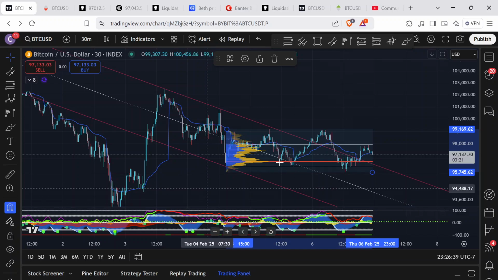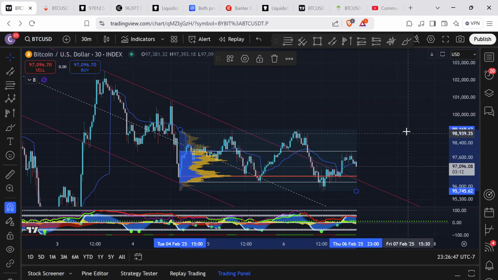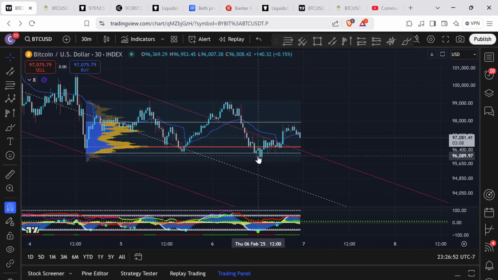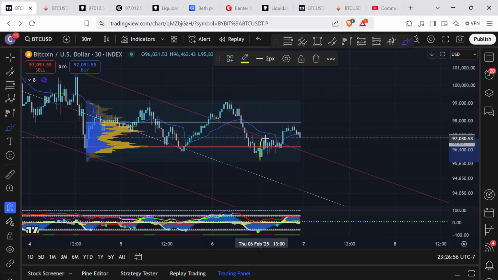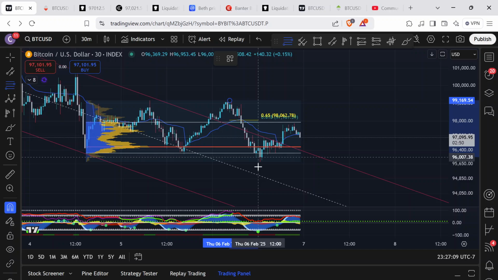but I also, when we dumped and made the low earlier today, we front ran our big golden pocket from this low to this high. I was looking for the golden pocket, which was right below us. We front ran it. I said in my video, okay, guys, if we do bust up here and we're looking for a corrective wave, because this price action looks weak, it also looks like a 3-wave zigzag to the upside, a corrective 3-wave structure. Where can we look for our rejection? Well, let's just do a golden pocket pull from our high that we made at the beginning of the day